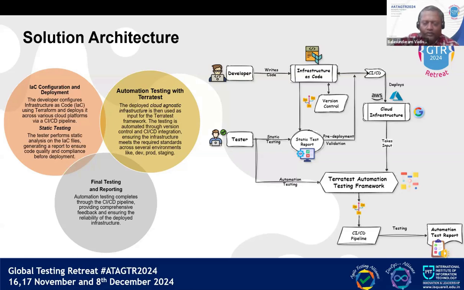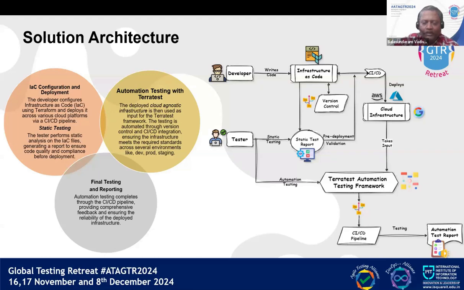So before we deploy our IAC template, we need to do static testing of the IAC template before it gets deployed. If any defects are found in static testing itself, the defects are fixed in the early cycle, and there is early detection of defects also. Once the static testing is completed, then we will deploy our IAC code.